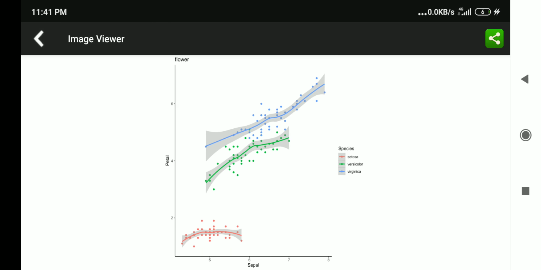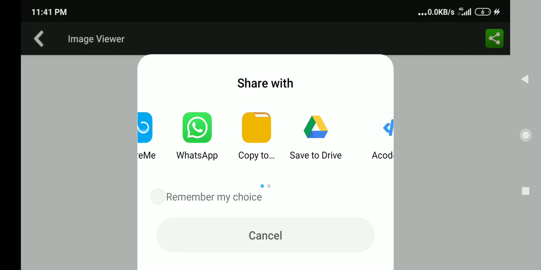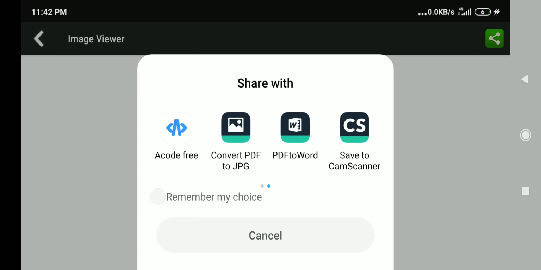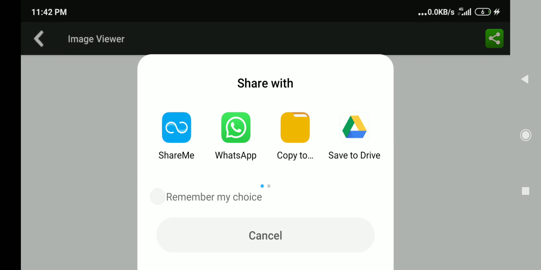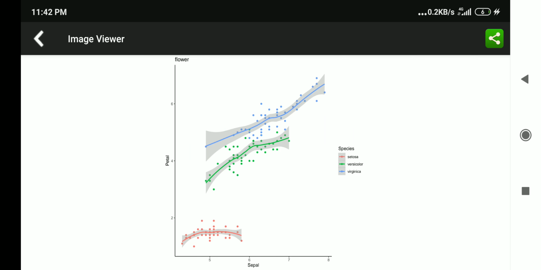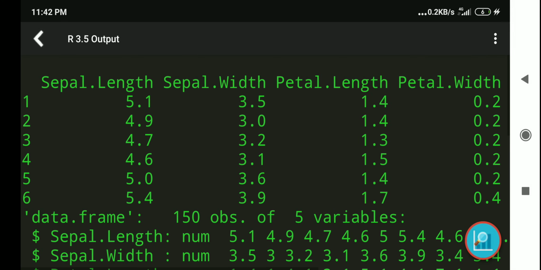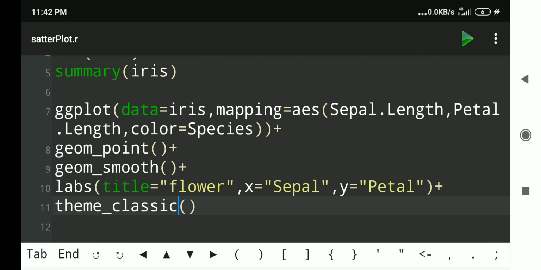We can share that on other social media platforms also. We can save to drive, or we can send it for printer also. Okay, now we'll move back, and this is all for the graph for scatter plot.